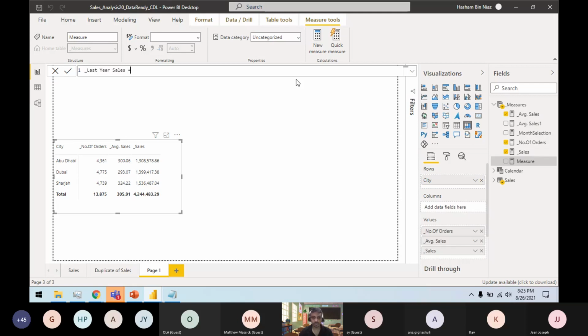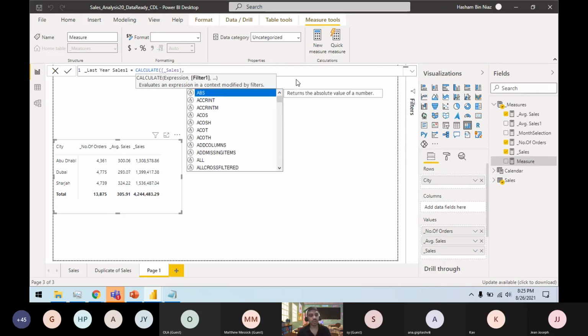So because we need to find the last year sales, I will give 3 flavors to you guys and it will be up to you. So the first way to create a last year measure is using the calculate function. In all 3 flavors, we will be using the calculate function. So first we will say that we need to calculate the sales. And now this time we provide the filter criteria as we say we have a function called